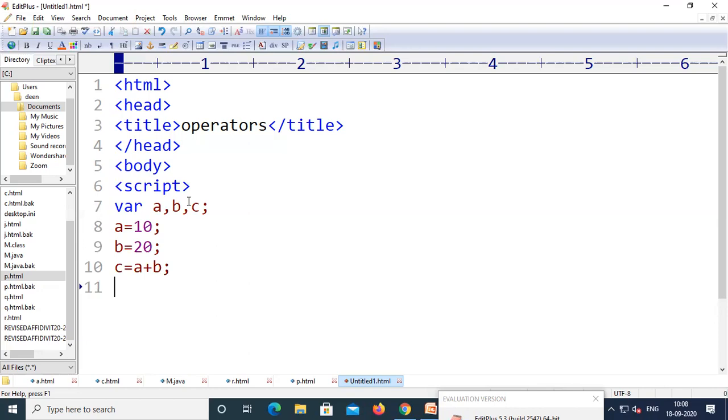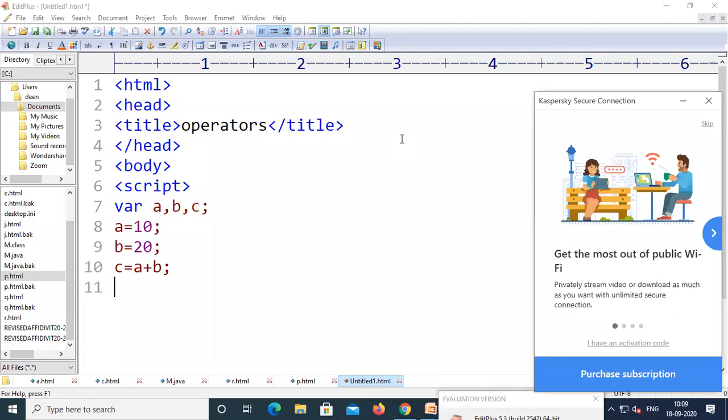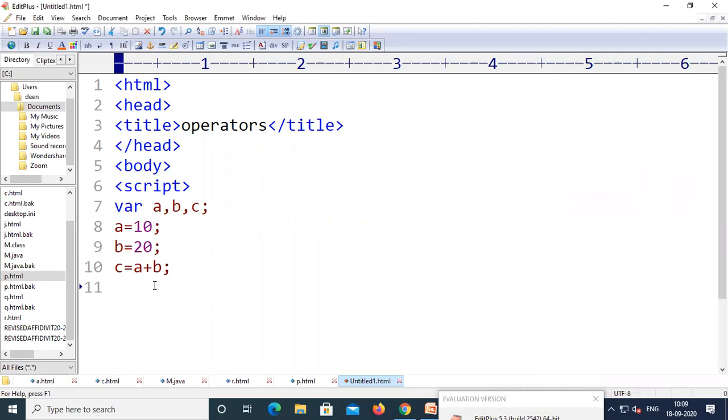Now if you want to print the output, we have a method called the writeln method. So we can use that writeln method by using an object called document. Let's write the document here. document.writeln, right?